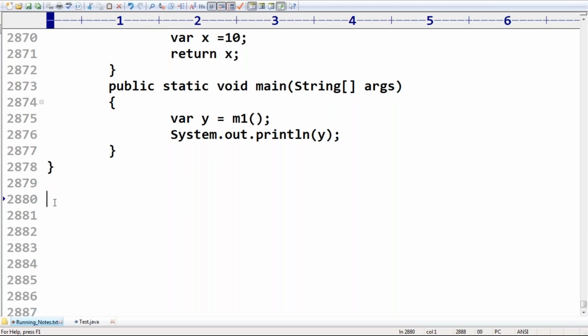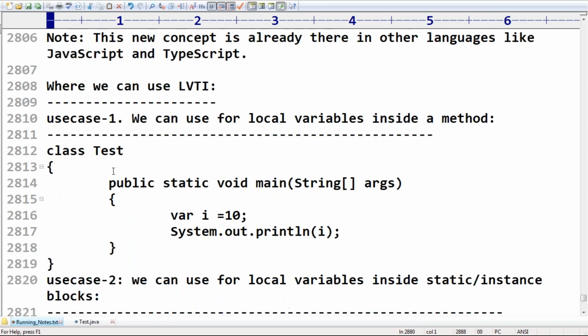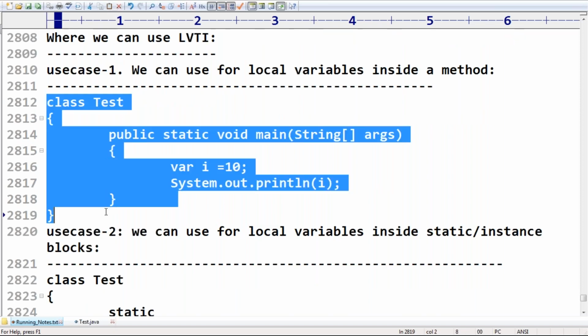Next, sir, as a return value inside a method, of course, we already covered this part, right? No problem at all, this itself is acceptable. So any doubt about these things? I just covered 3 or 4 use cases so that you may be aware. These are the things you should be aware of.